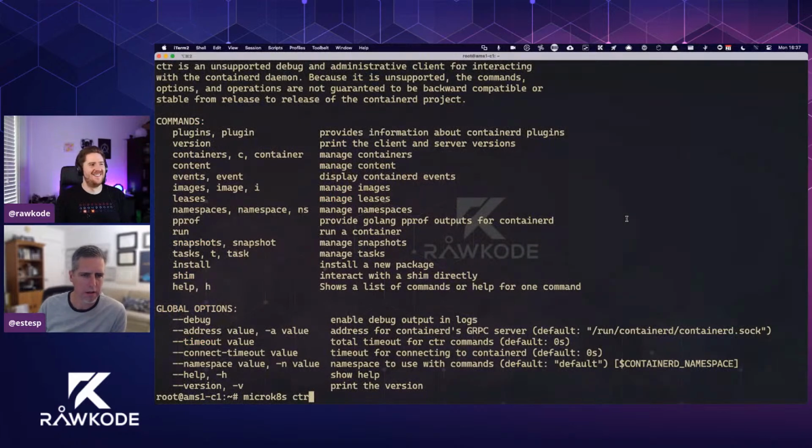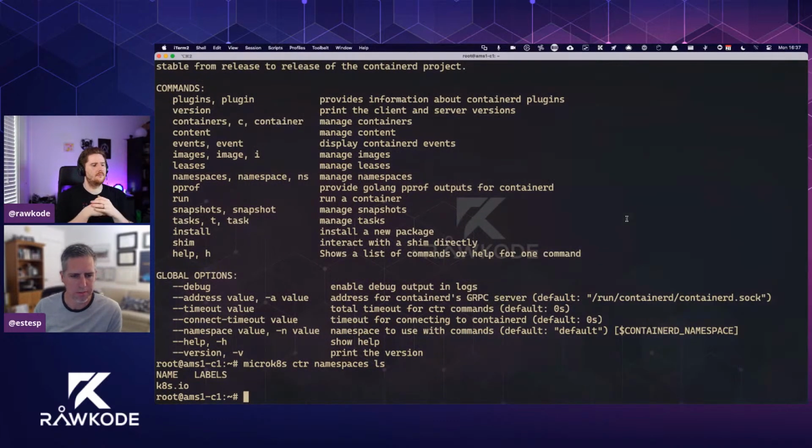Okay, yeah, great. One of the things we should talk about at this point is that containerd, unlike the default Docker model, namespaces every bit of content and metadata. So maybe do a ctr namespaces ls, or ns works as well. So you can see that there's already a k8s.io, and this means that whenever this micro-k8s deployment runs containers through the CRI, they're getting placed in this k8s.io namespace.